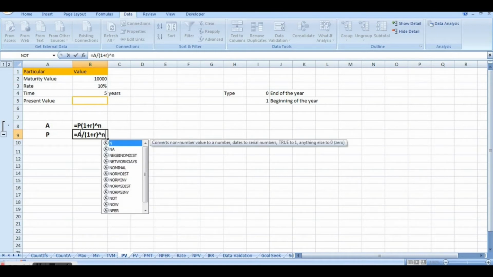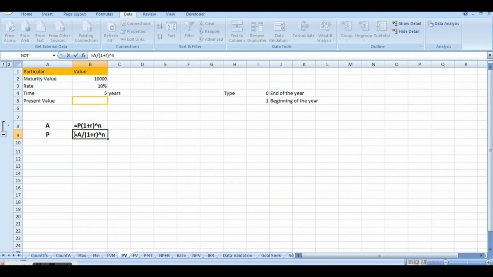I want to keep this formula in front of you, and even when I have used equal to, in such cases what you have to do is simply type an apostrophe before the formula and after that even if you type the formula, it will remain as it is. See, it will not show error, it will remain as it is. Now if you want to calculate based on this,